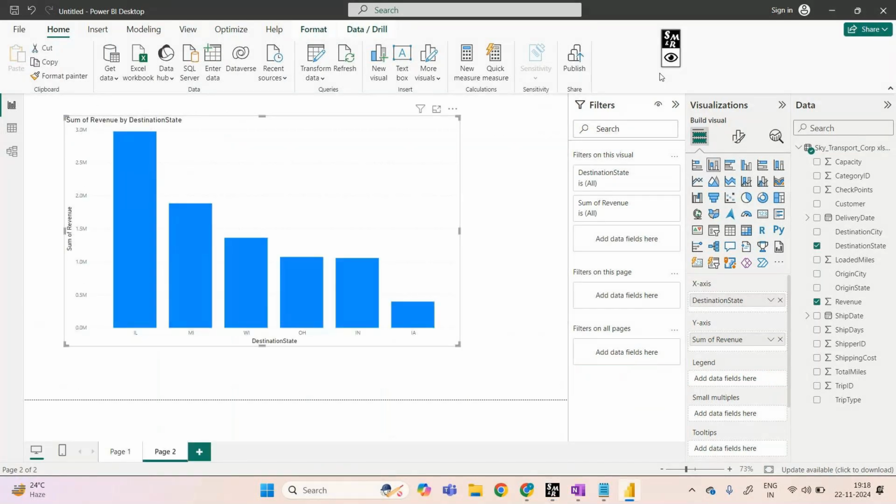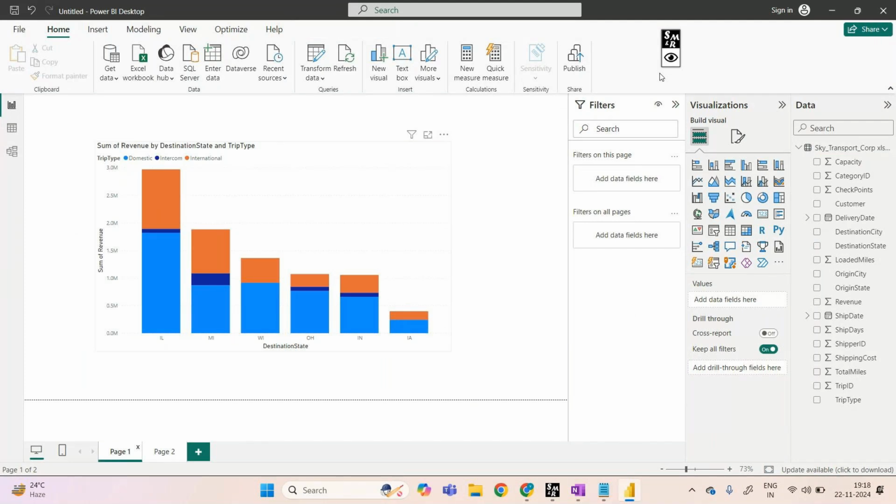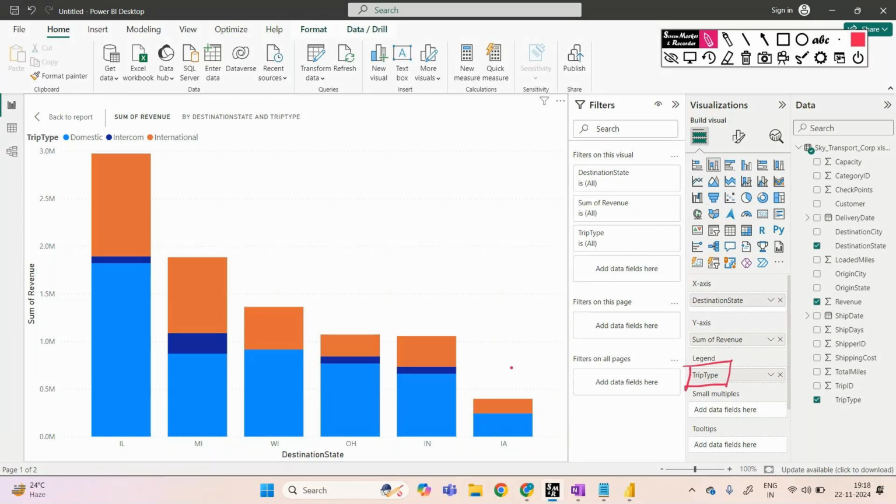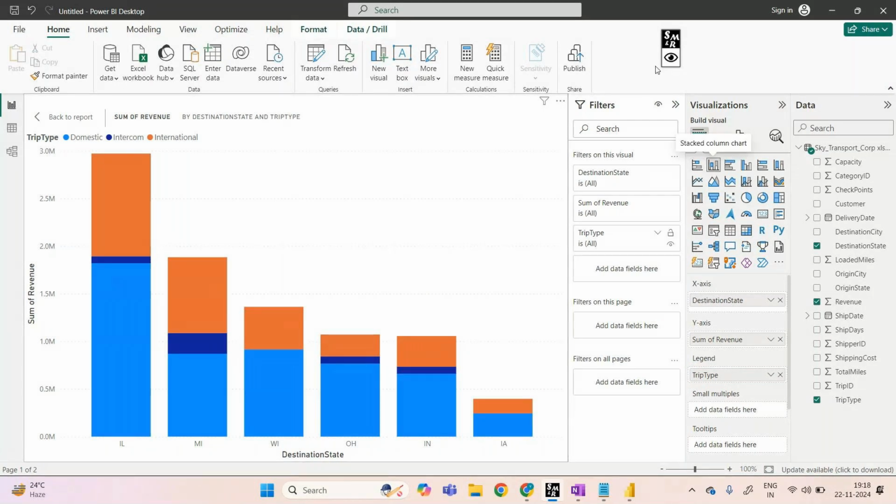Here in this chart, we have gone with the legend in the trip type. So that's the reason this is a combination of destination state and trip type, sum of revenue. This is a stacked column chart. If I want to change the name of it,